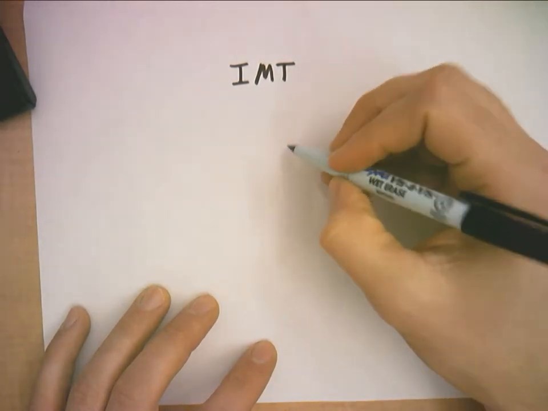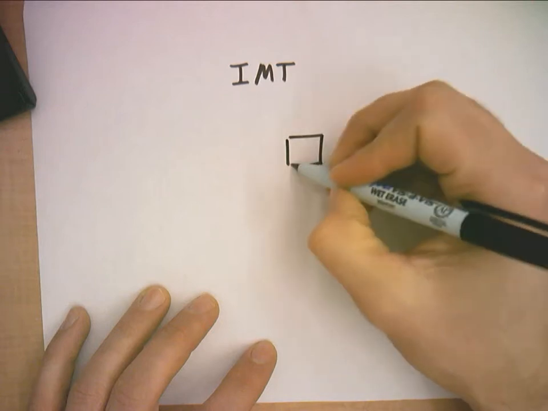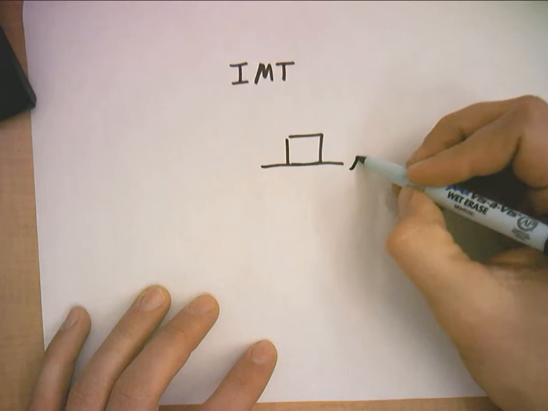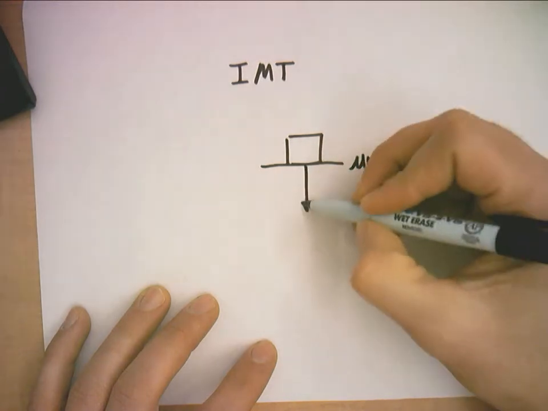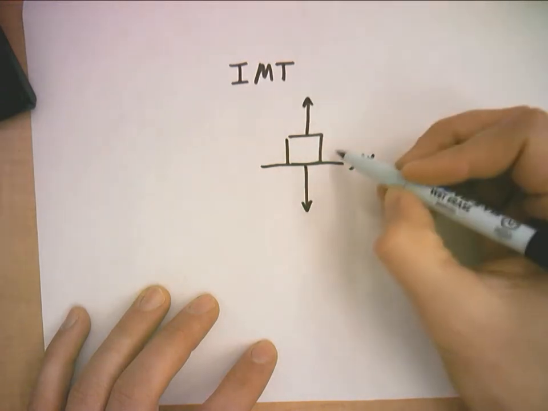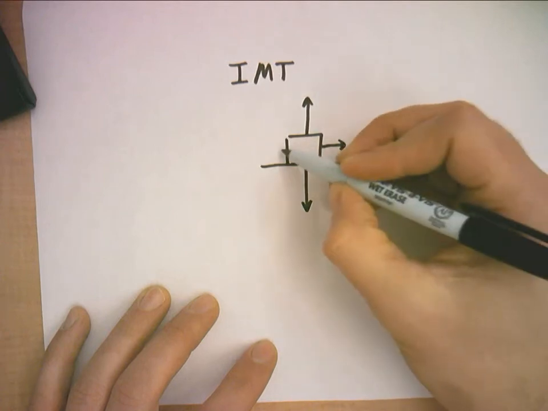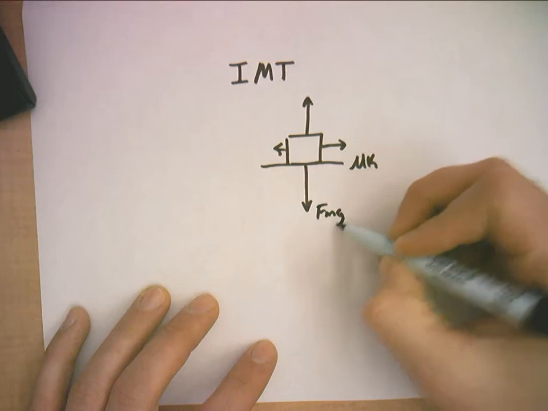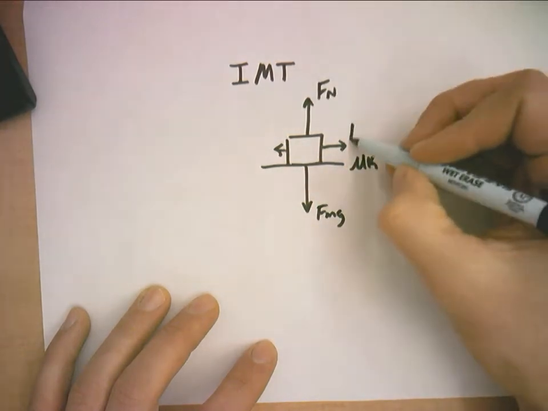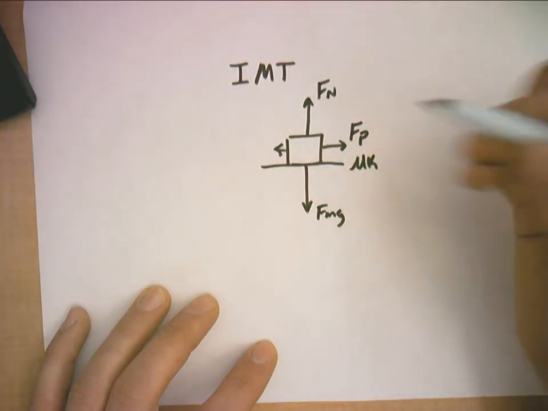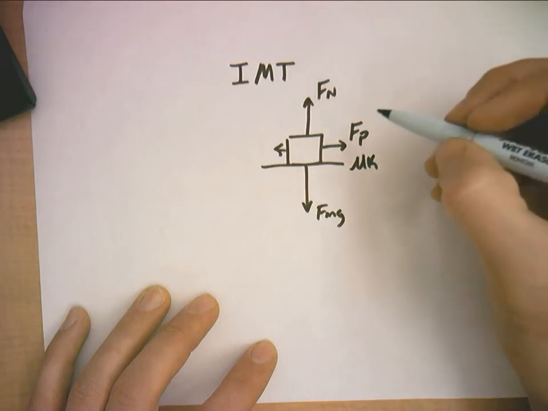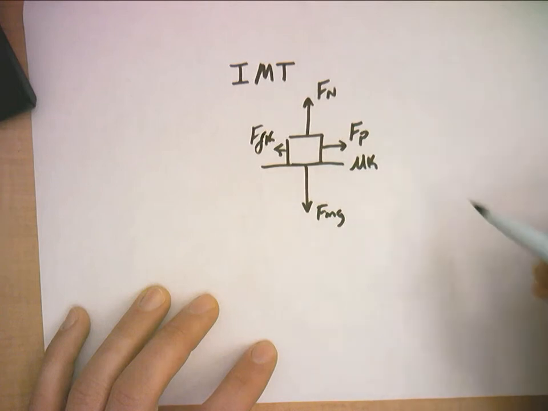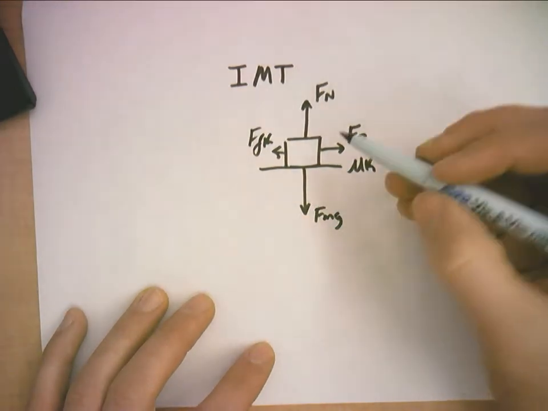The major idea is that we do our force diagram like normal. The surface will always have a mu k. You'll have weight, you'll have normal. You'll be pulling it, and there'll be some friction. So this will be FMG, this will be FN, this would be FP, you could call it FSP, or FT, whatever force is making it happen, and then this is the friction. So we go through and we find everything,